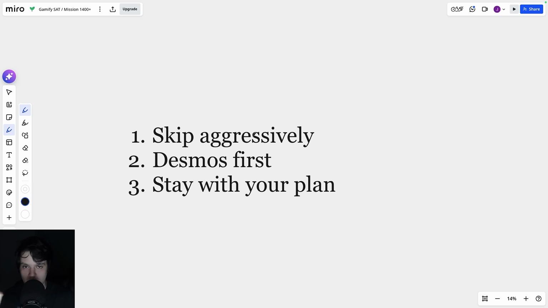I have to do as well as I possibly can. I can't leave a single question blank. I can't skip a single question because I have to finish it the first time to prove that I'm really smart. But the truth is, the real smart thing to do on the SAT is skip whenever you can feel that you either don't know what to do or that you are going to take way too long or have it just be way too hard to actually figure out.